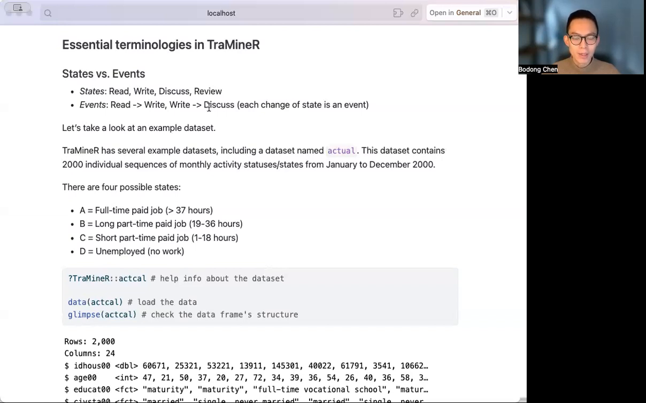I think it will be best if we can look at one example data set. And the good news is TraMineR provides many different example data sets in the package. So it'll be very easy to just call the data from the package and then play with the data set to know about how it's organized. And in TraMineR, there's a data set called actcal. And the data set contains 2,000 different individual